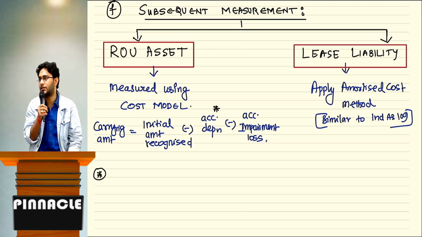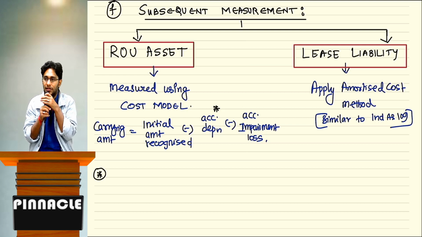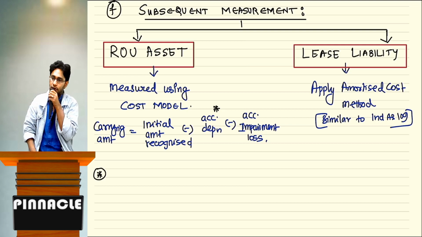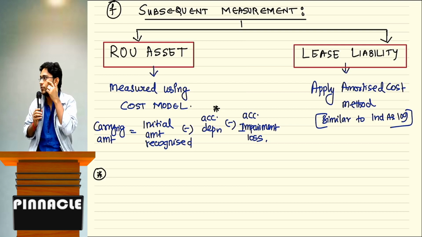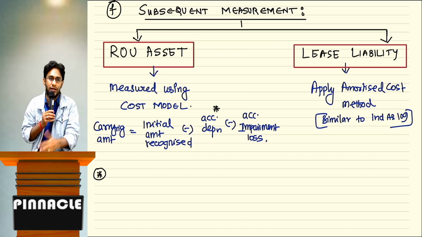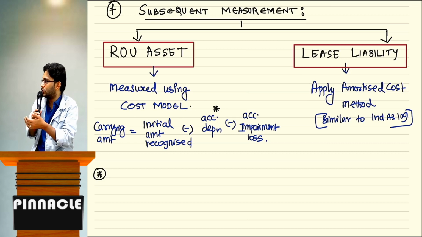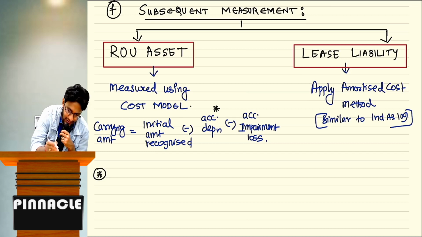Then you have to depreciate the asset over a period of 10 years. Reason: when you have an option to buy and that option is likely to be exercised, the option price is already included in your lease payment, which eventually came into the ROU asset also. Are you understanding, sir? That's why the ROU asset must be depreciated over the full life of the asset, not over your lease term. So whether you depreciate over the lease term or the life of the asset depends on whether you are going to exercise that option to buy or not. If the lessee is going to buy the asset, then life, otherwise only lease term. So, sir, put a star mark and on the ROU asset side you write: